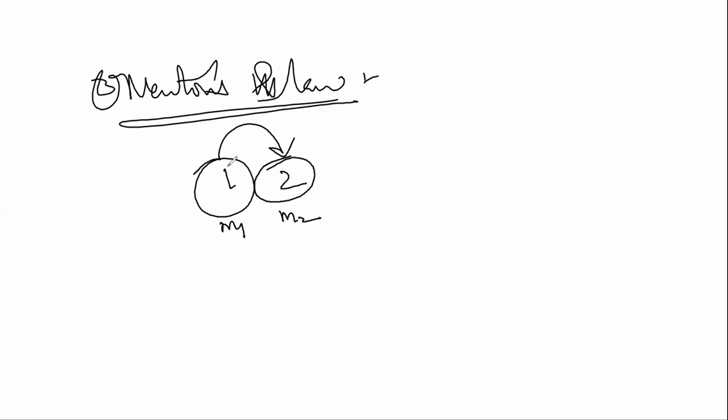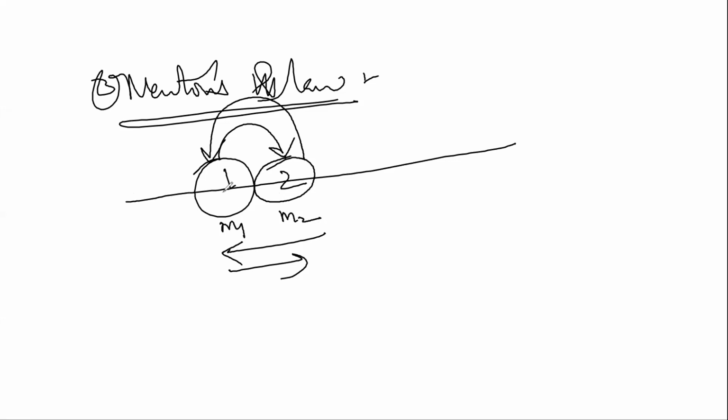Because the first body is exerting a force on the second body, the second body will exert a force on the first body, but in the opposite direction. But they are on the same line of action. The line joining the centers of mass of these two bodies is called the line of action. The first body is showing an action on the second body, and the second body is equally reacting to the action which the first body has created on it. That is the reaction.